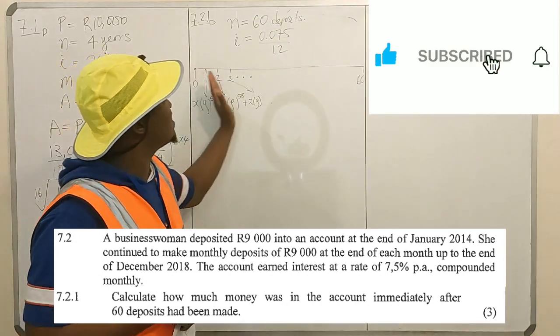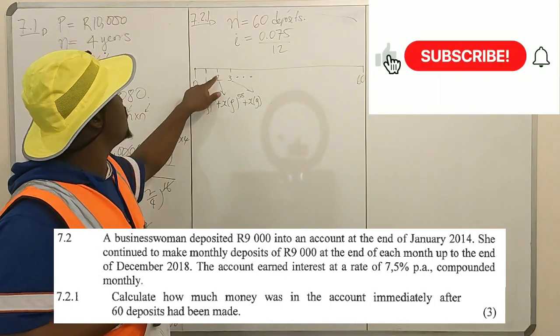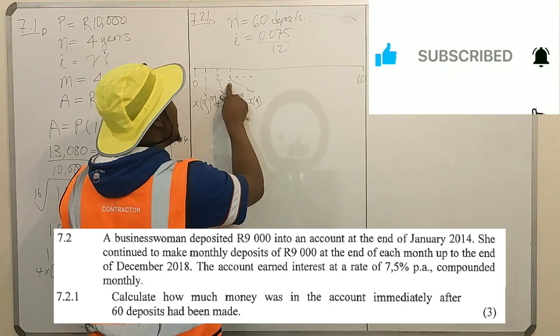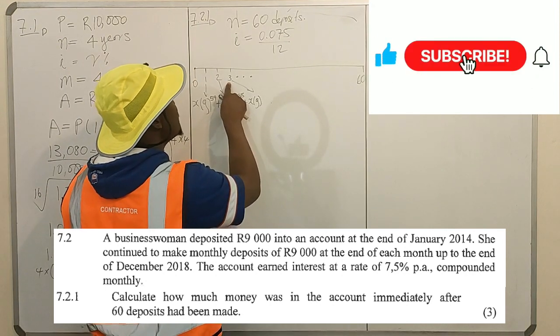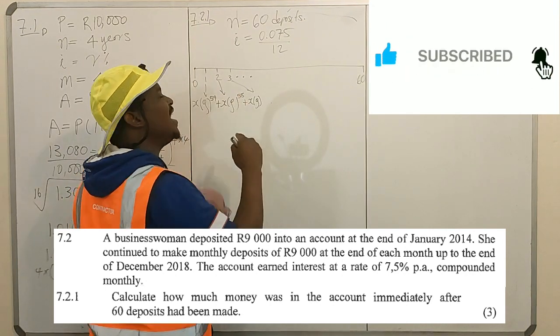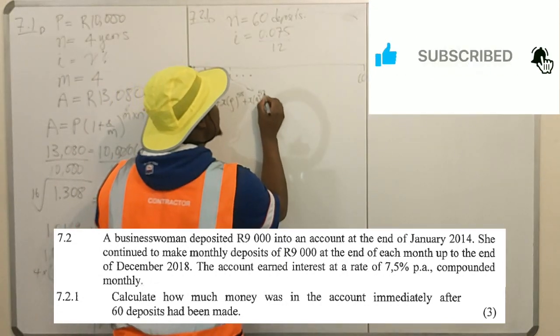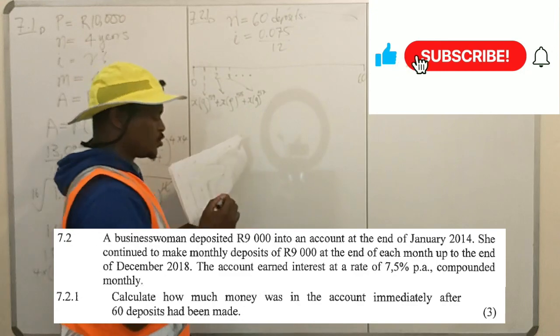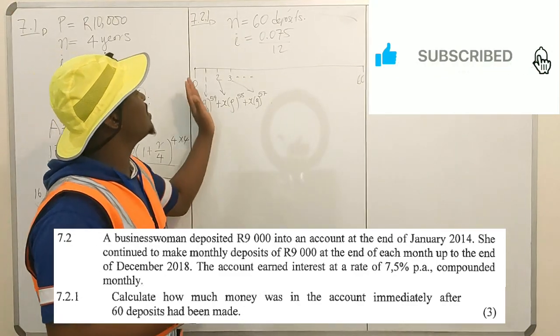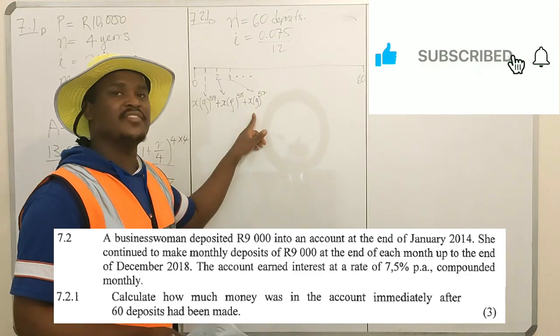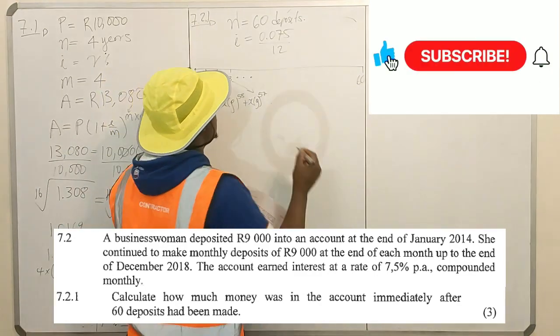So on that 60 months period, you will remove the first 3 months that you have lost, which means this amount that will be deposited at the end of March 2014 will only gain interest for what? For 57 months, because on that 60 months you have already lost the first 3 months. So you're left with 57 months. Then this continues